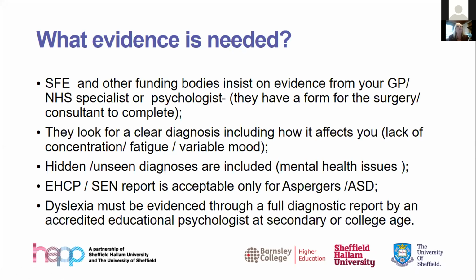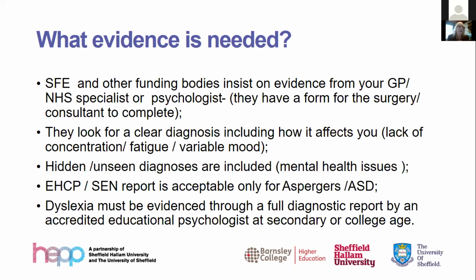But the worry for me would always be that you send something in that isn't acceptable, and that you perhaps waste maybe a month before it's rejected and then go back again. I would always say check out what you've got with a disability advisor or a disability team to see whether we think it would be appropriate and would get through the evidence that SFE require. They need a clear diagnosis. As I said, it's not just the physical disabilities, but it would cover any unseen health issues, diabetes, mental health, Asperger's, anything that interferes with how you might choose to study or need to study in order to work